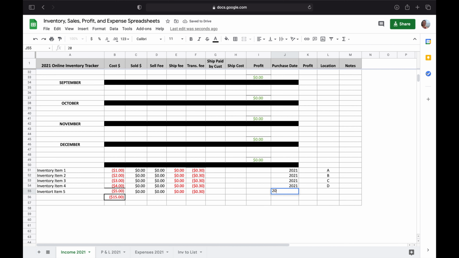And then what year you purchased it in and where it's located. All right, so then you sold something. What would you do? What I love about this is that your inventory is all listed here. So all you need to do is find the item. You're going to do a search in your spreadsheet, and then you're going to type in